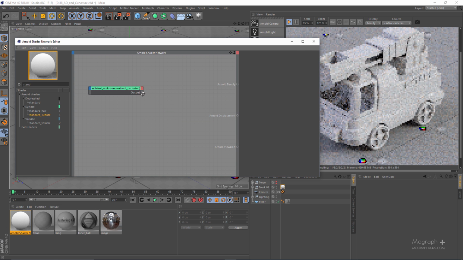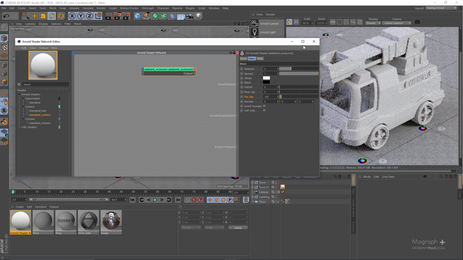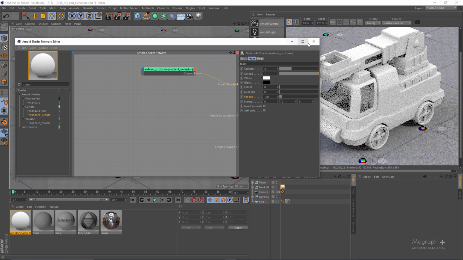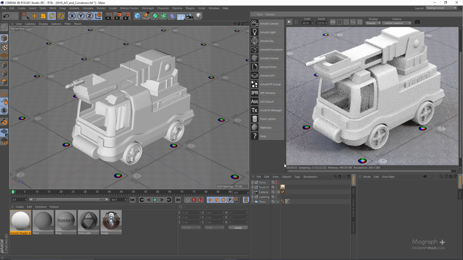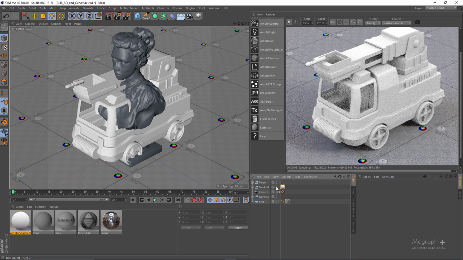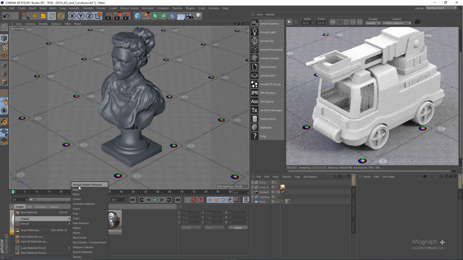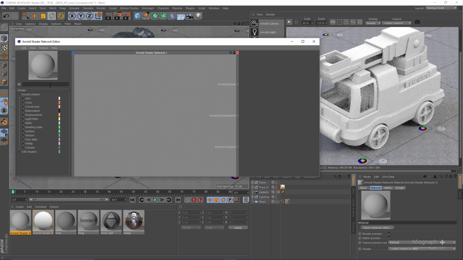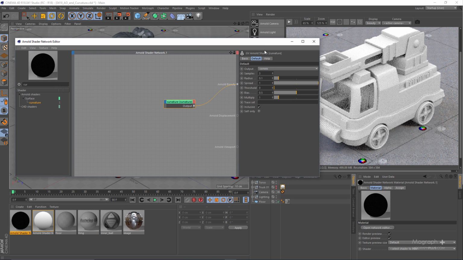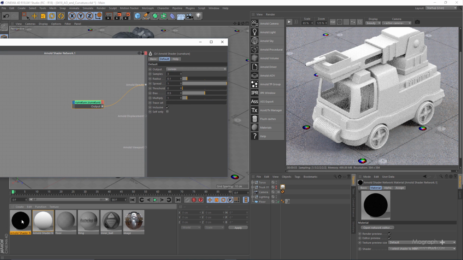Okay, let me delete this, and for now we can actually connect this. And now let me just hide this track model and unhide this sculpture here. Now let's create another shader network, and this time let's look for the curvature, which is under surface again, and let's assign this to R